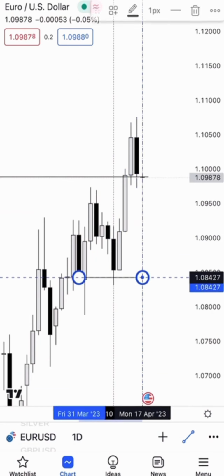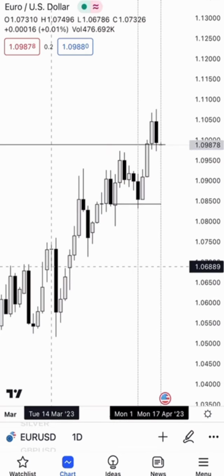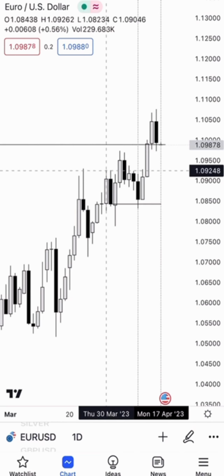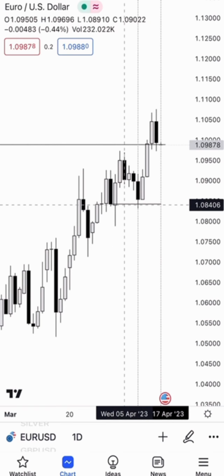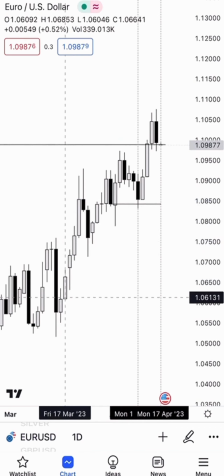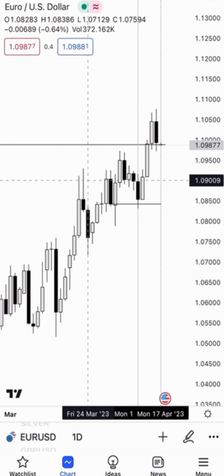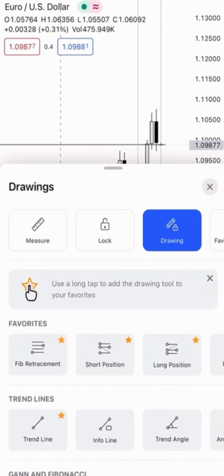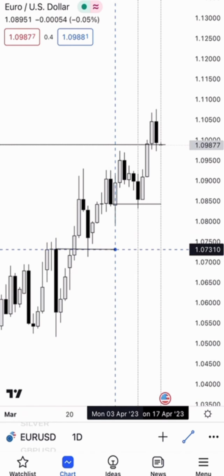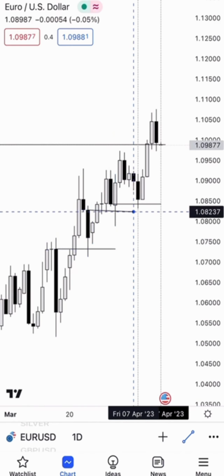We've been bullish all this while, breaking highs, rejecting lows, right? Breaking highs, rejecting lows, up close candles being broken, and down close candles supporting price to go higher. That is the definition of bullish order flow, right? So